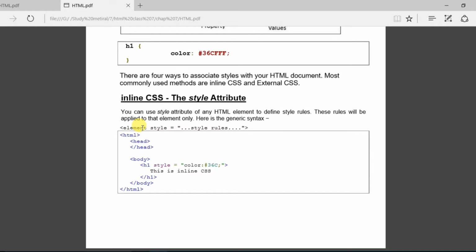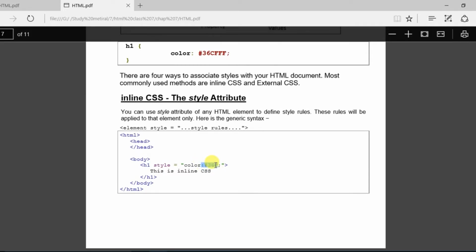Here is the example. Look here, in H1 style, color, colon, and the value. So the text which we will pass inside the H1 tag should be in the color hash 36C, and you can pass a normal color in place of this code.